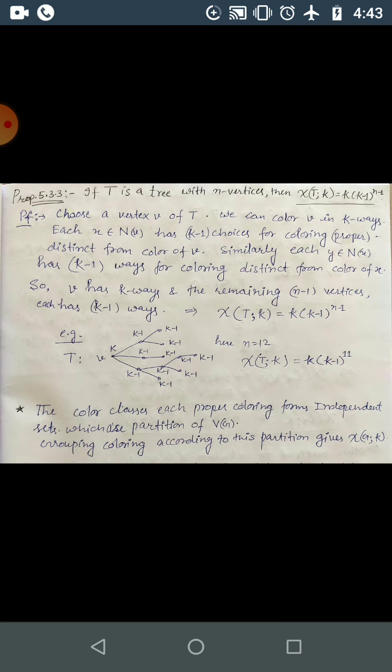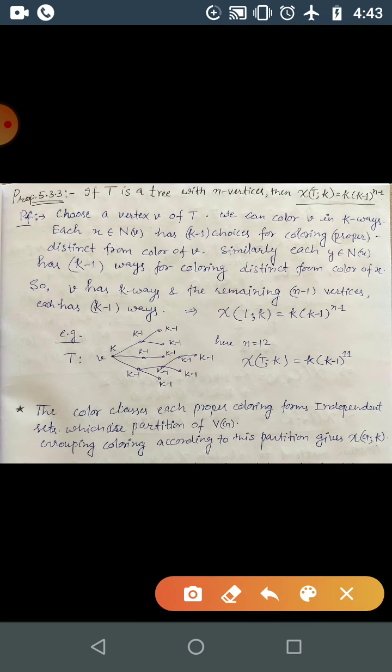So I hope this is done now. So here I have explained whatever we have discussed till now. So here k colors, then k minus 1, we can't use the color of V to color this vertex, correct? So this is k minus 1, same here, same here. Now about this vertex, this is not adjacent with V, so we can use the same color as we did on V, correct? But we can't use the same color for this vertex and this vertex, correct? That's why k minus 1 left for every other vertex.